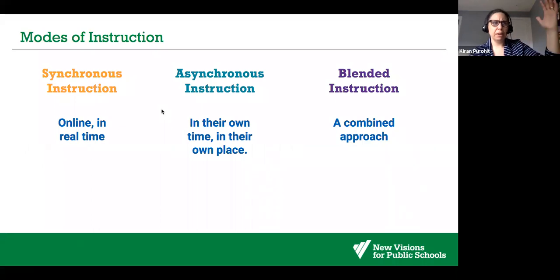And by that, I mean synchronous work being online in real time, like log onto a class like we're doing right now at 4 p.m. We're going to do something together, versus things they can do on their own in their own place. So we're going to do one of each of these for peer-to-peer discussion. And we think that some mix of this is important, but how that actually looks in your own setting is